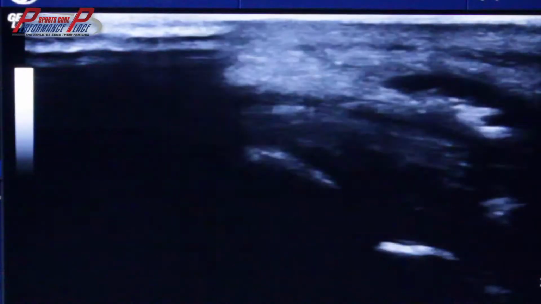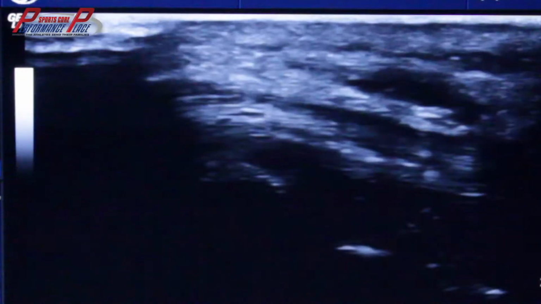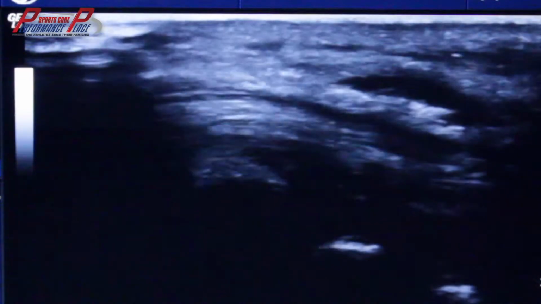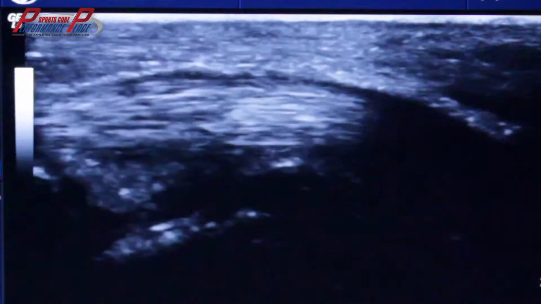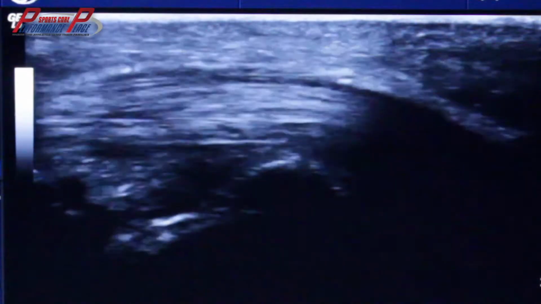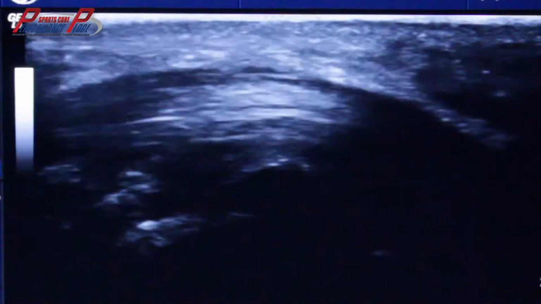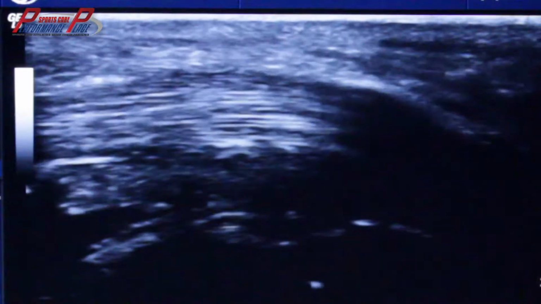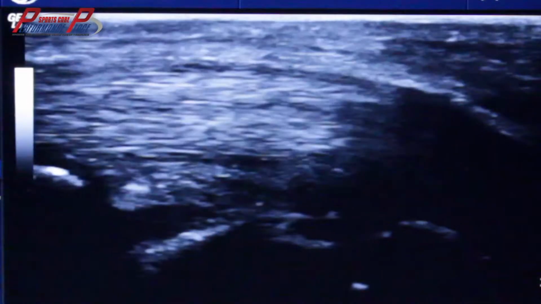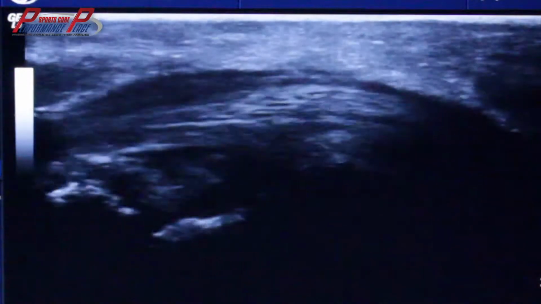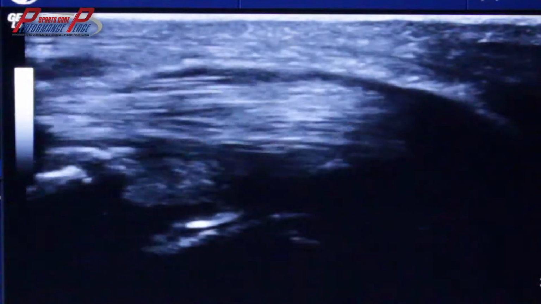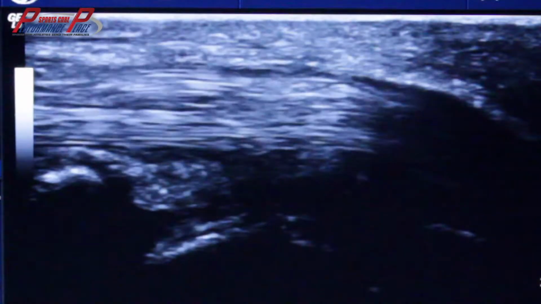So just to take note, it's easiest to find and to look at the tendons. They look like little freeways of white right there. So just notice what the tendon looks like right there. That's a big one. And as I move my fingers, I'm going to extend. They're going to pull to the right of the screen because they're pulling distally. And now they're going to pull to the left of the screen because they're pulling more proximally,